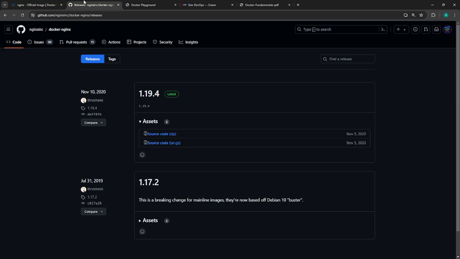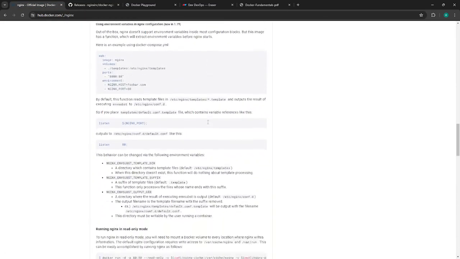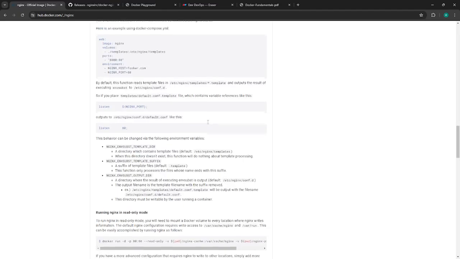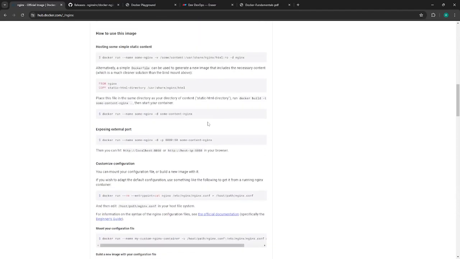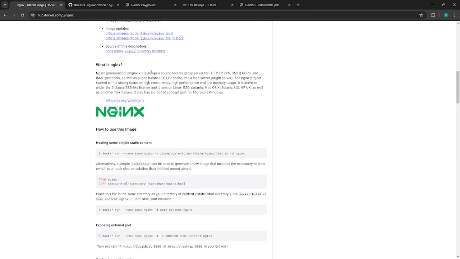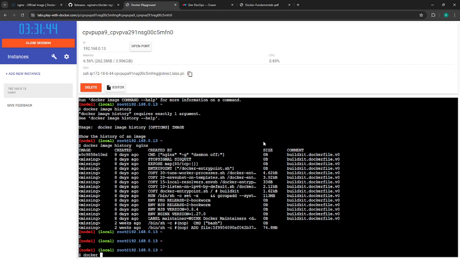Even here, if you come down, you can see a lot of information. Now I just want to run it as a container and see how I can utilize this playground. So docker run. I'm not doing a build because we don't have a Dockerfile. So now I'm doing docker run -d --name